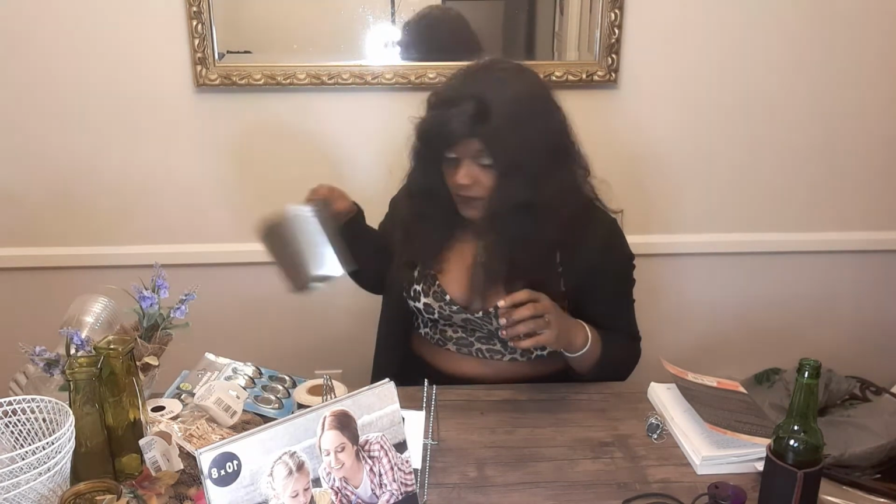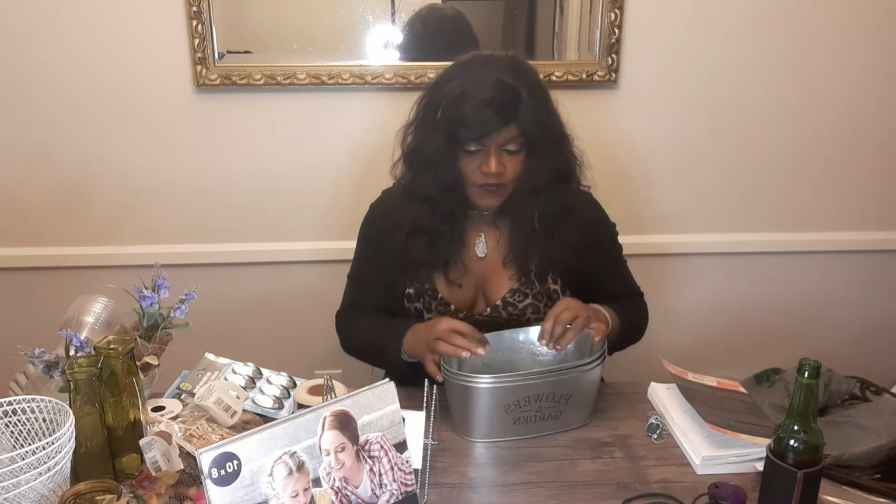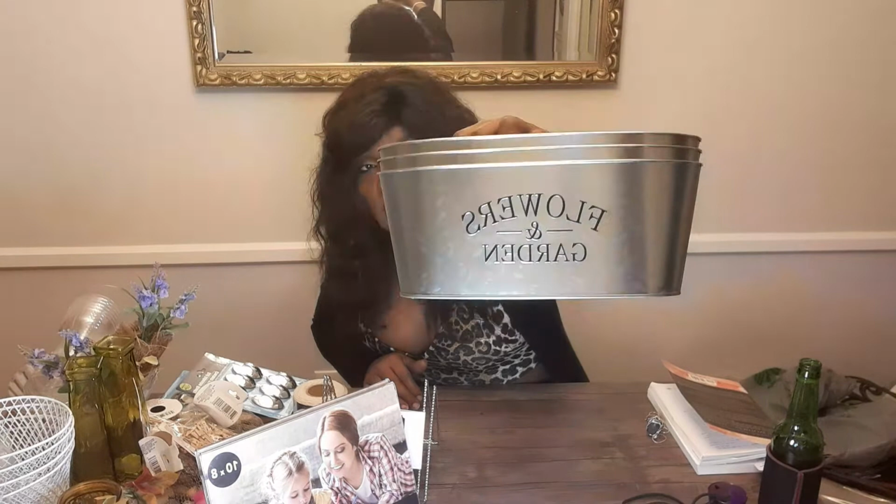Another thing I was shocked to see, I'm not going to lie, I was super shocked to see this in Dollar Tree, were these bins. Now they had them in French and they had them in English. I thought about the French, but I said, no, I'm not going to get the French. And they say flowers and garden. It's actually engraved. And I got 3 of these